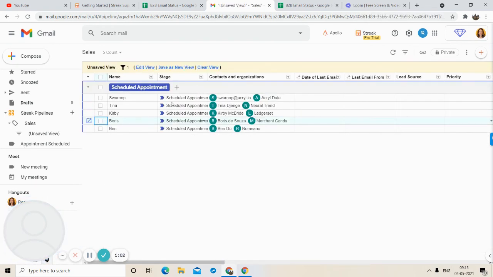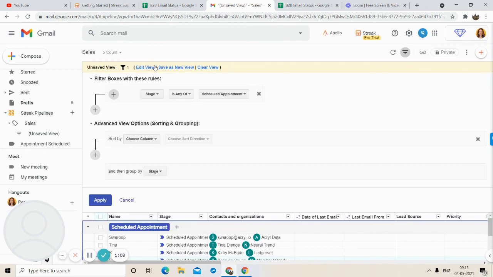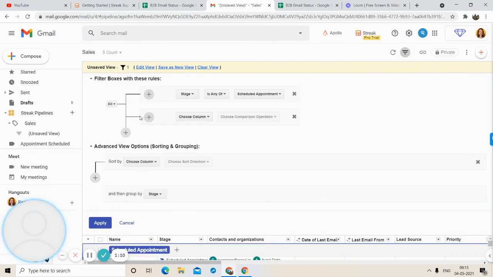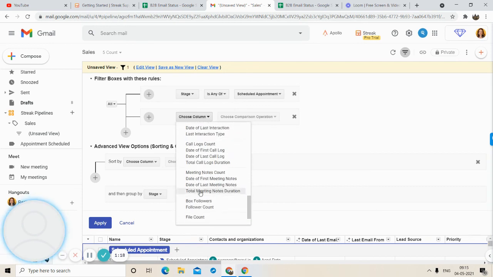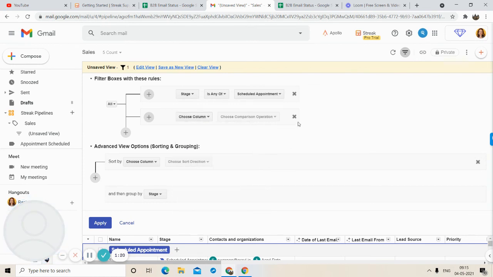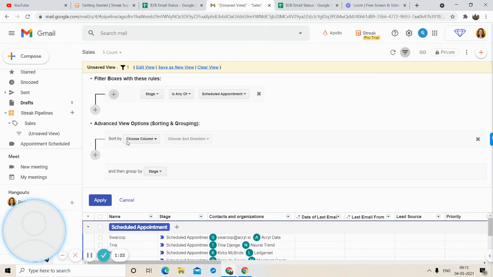As you can see now, this has been done, and I can see only the scheduled appointments. I can also click edit. Now you can add more rules and more filters. As you get more data, you can easily filter things according to your need, right? So that's how it's used.